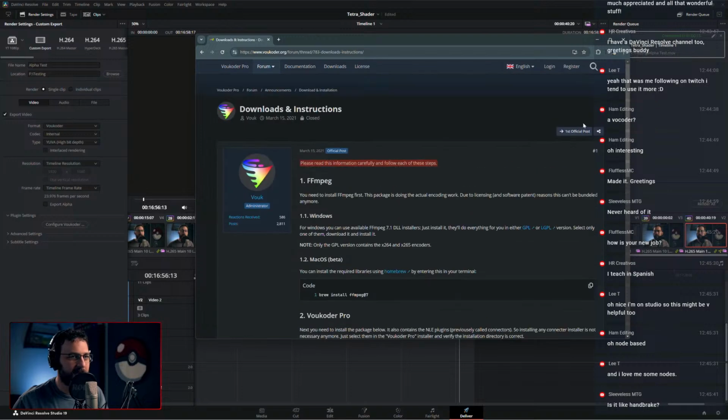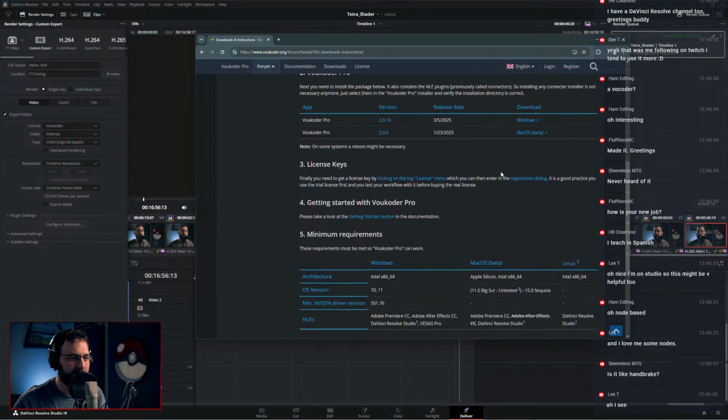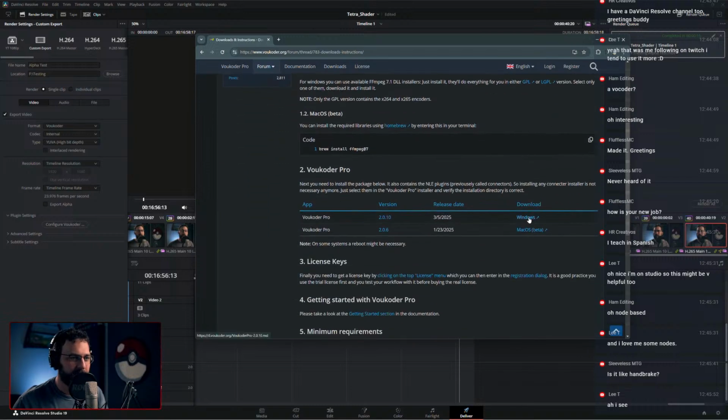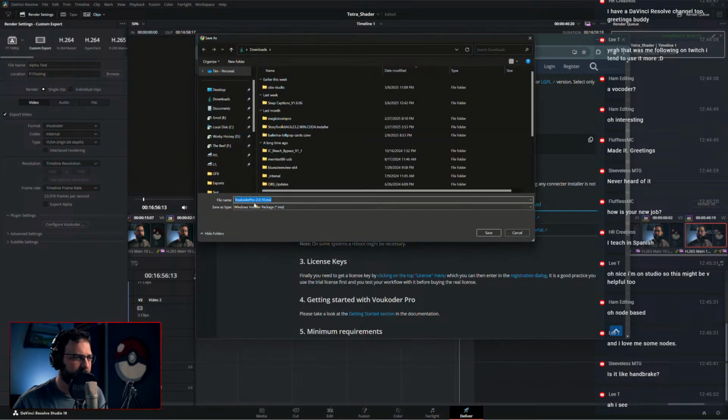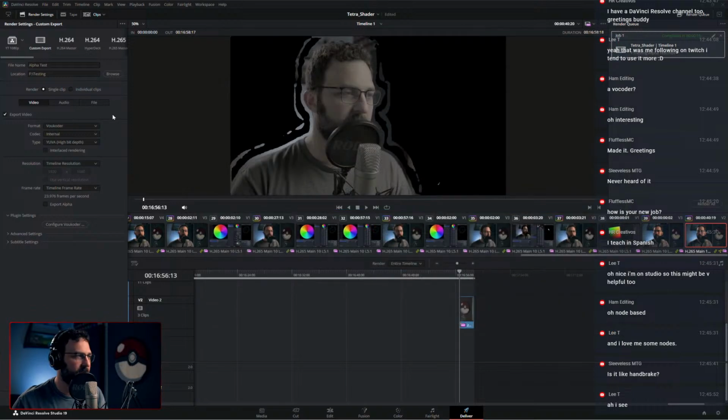But you can download vocoder, and I think it's not vocoder Pro. There's a different download page for this. I forget where I downloaded it from. It's been a while. Let me just go to the... Maybe it is this download. You know what? I think it is this one. So it probably is. But you basically just download, you follow the instructions to install it, and it'll give you